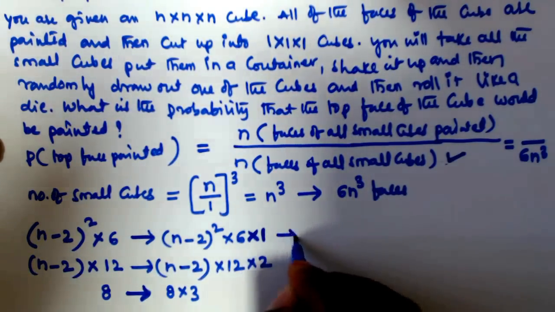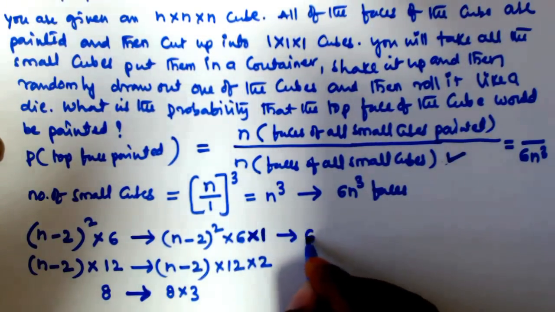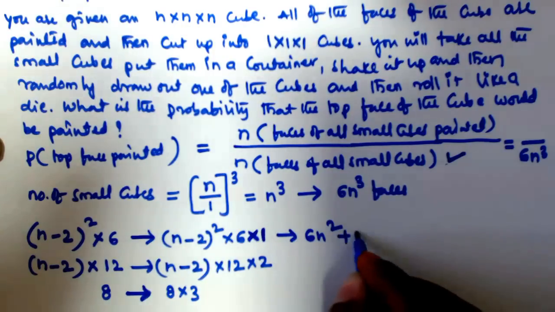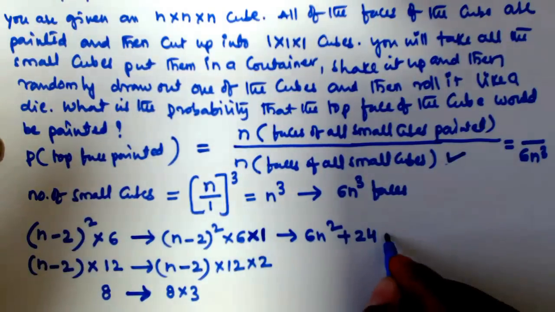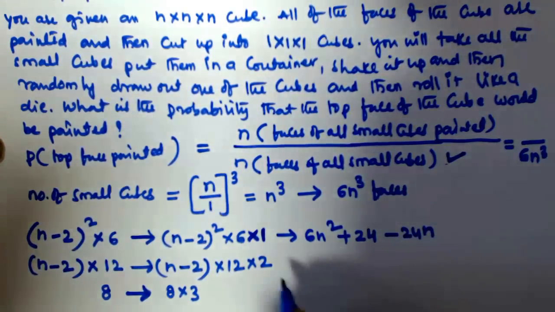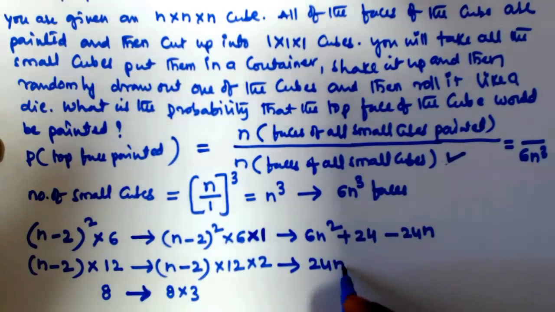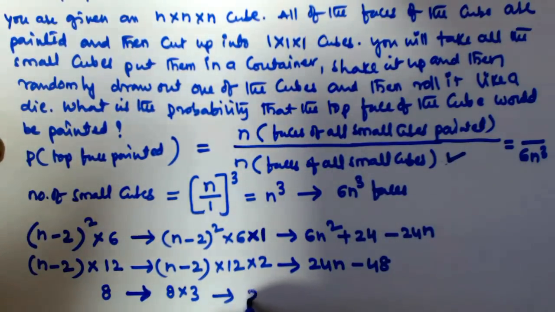So this is going to be equal to n square, first we use the (a minus b) whole square formula. So n square into 6, we will get 6n square, and then b square, so that is 2 square, that is going to be 4, and 4 into 6 is 24, we will get plus 24, and then minus 2ab, so that is going to be minus 4n into 6, minus 24n. Okay, here we will get this one, and this one we expand 12 into 2 is 24, 24 into n, then we will get 24n. So 24 into 2, here minus is there, so minus 48 we will get, and here 8 into 3 is 24 we will get.